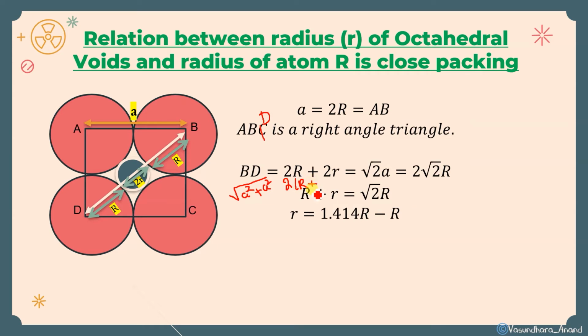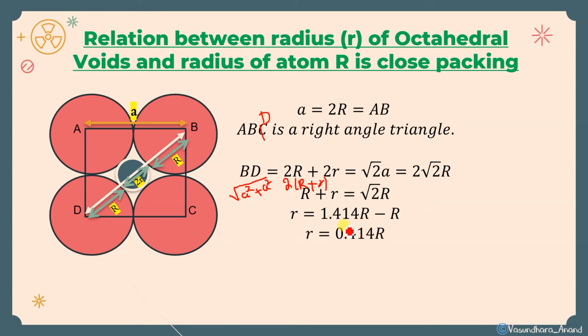Yes. So in the next step, what I am doing, this 2 I am taking on the right side. So this 2 and this 2 will be cancelled out. It will be root 2r, isn't it? So now root 2 is equal to, we know that 1.414 r, and this r I am taking to this side. So small r will be